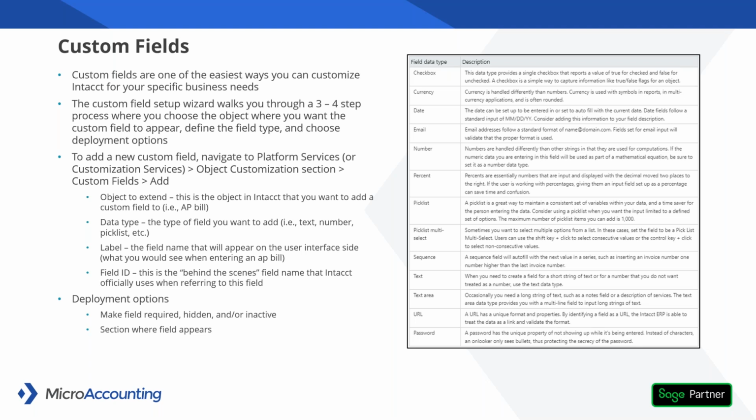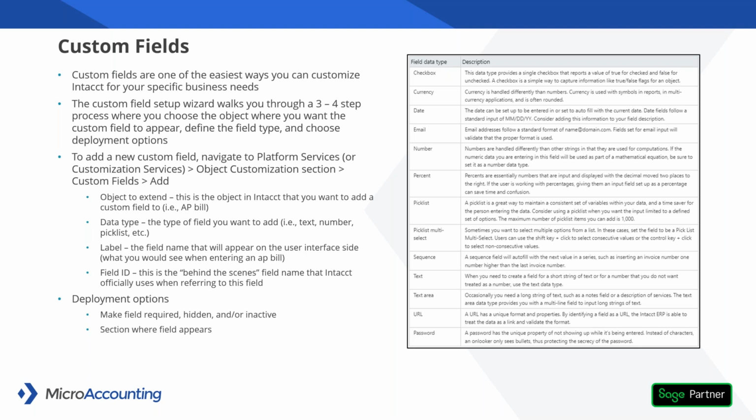Next step would be to choose your data type, which I just went over a bit ago. Then next would be your label. The label is the field name that will actually appear on the user interface side. So if I was in Intacct actually entering an AP bill, this is the label that field would have. And then the field ID, which I like to call the behind-the-scenes field name that Intacct officially uses when it's referring to this field. With the AP bill example, say you had a custom field tracking some sort of information about the vendor,